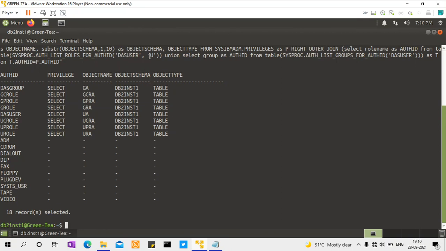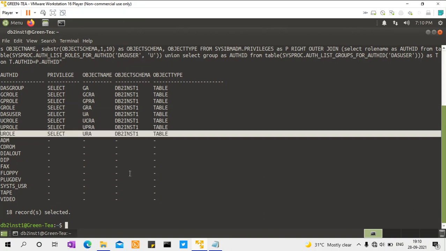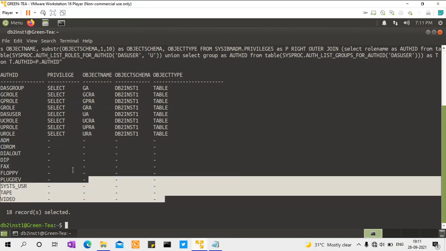So for the user dash user, for example, this is the direct access as a user. Because of the role participation he got this access, because of the child role participation he got this access, because of the parent role participation he got this access, because of the group role participation he got this access, because of the group parent role participation he got this access, this is group child role participation, and this is because of group participation he directly got this access. And there are further these many groups for which there is no access defined yet.